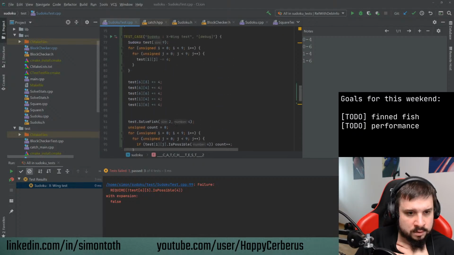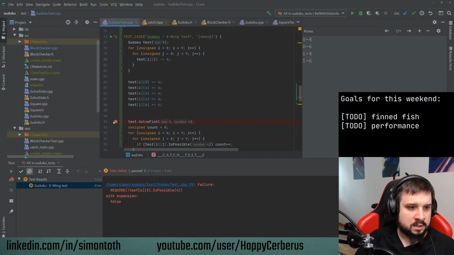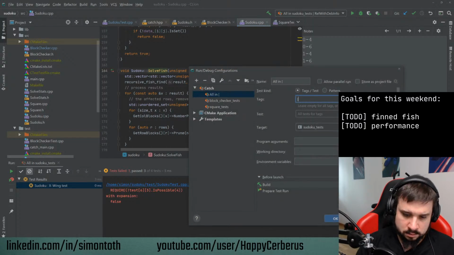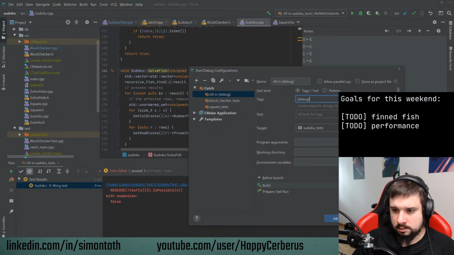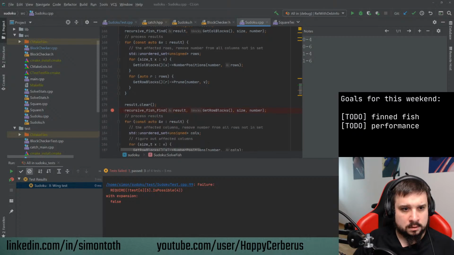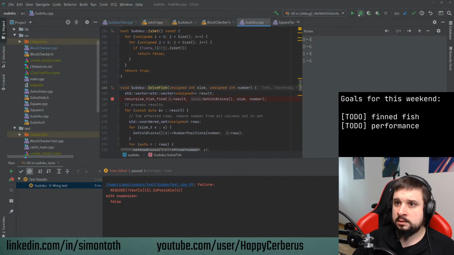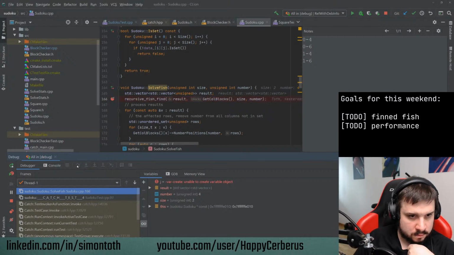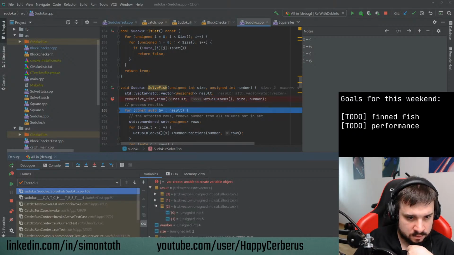And the finned ones are also working. Okay, so then I really care about this particular case, so I want to go back to just running the debug one. Let's see then. So this was being triggered on columns, so I want the breakpoint here. Right. So let's step over this, and the result is